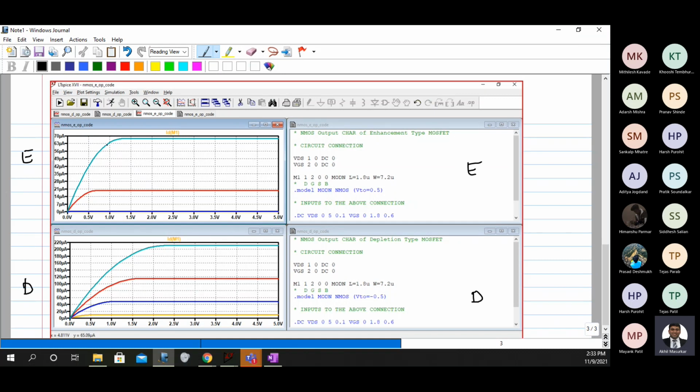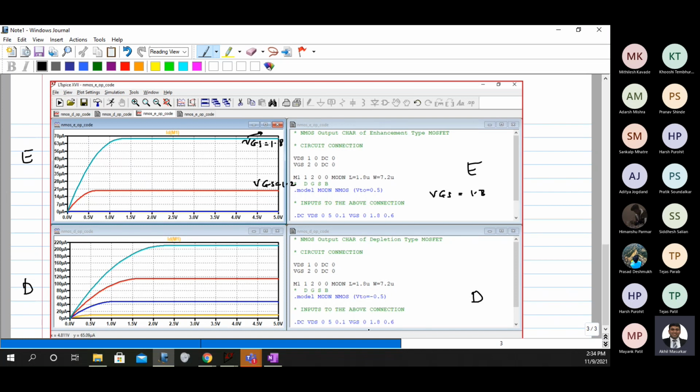Now if you look at the last one, the green axis, this is VGS equal to 1.8. So VGS is 1.8 for this curve, and VGS is 1.2 for this.